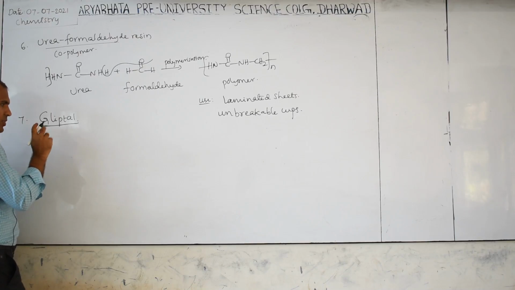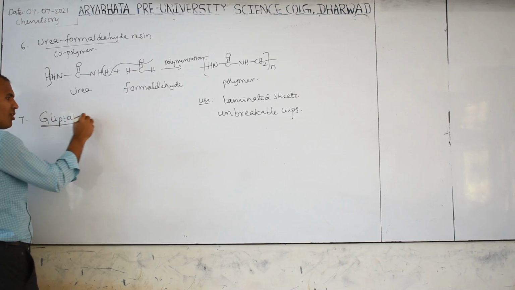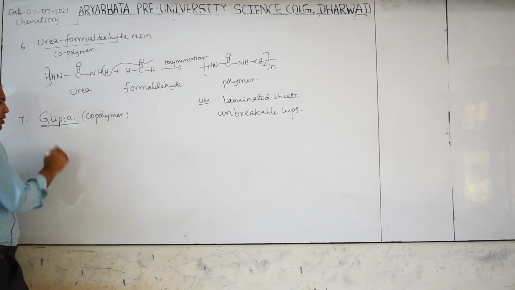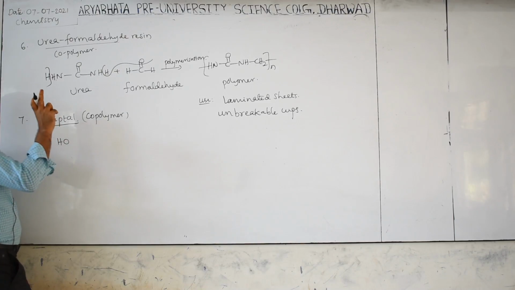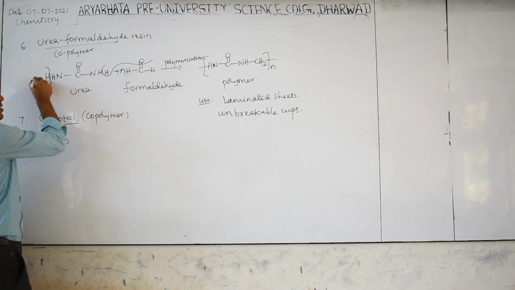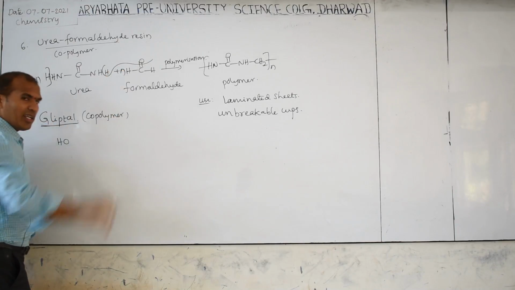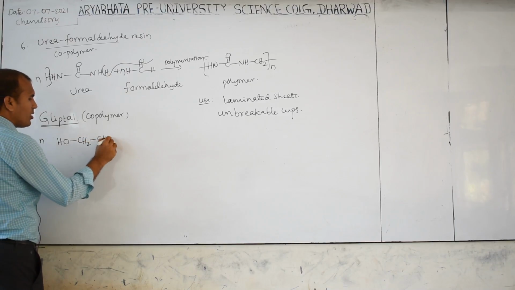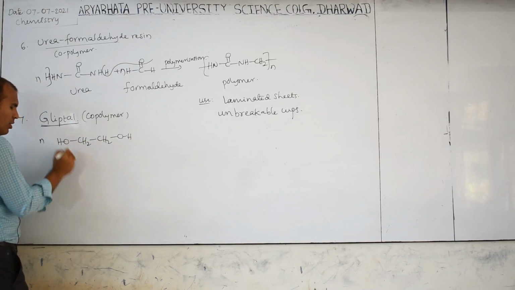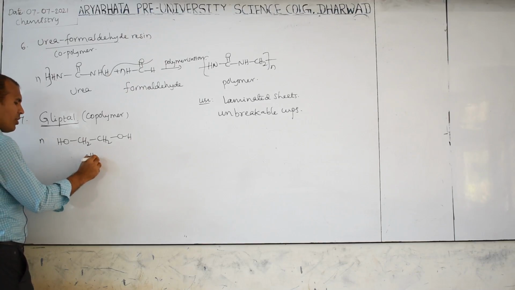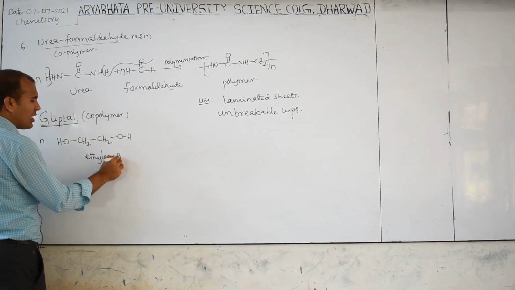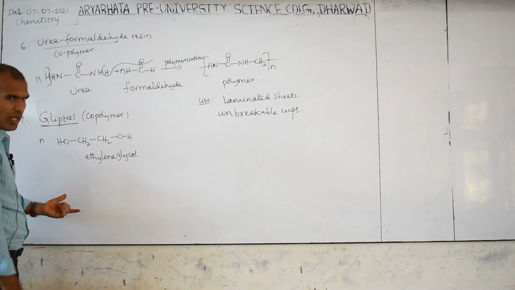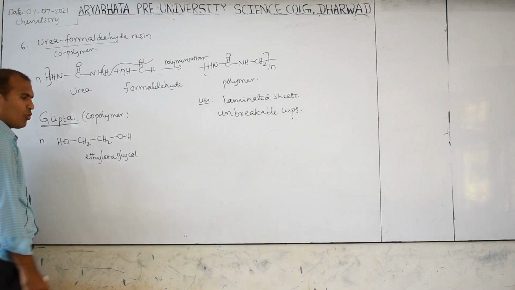So this is a polymer. Which polymer is this? Copolymer. This is copolymer. Then here, I forgot to write, this is N, this is N. Then here also N, this is CH2, CH2, OH. What is the name of this one? In the previous class somewhere I gave this: ethylene glycol is the common name. Ethane 1,2-diol is the IUPAC name. In terylene maybe it is given as a monomer.